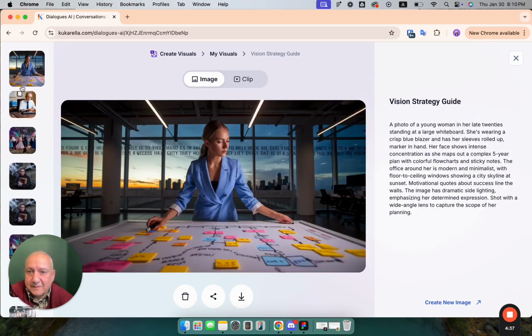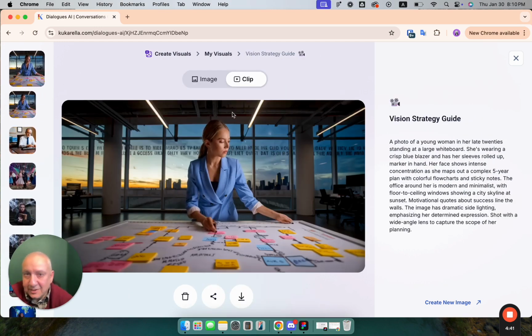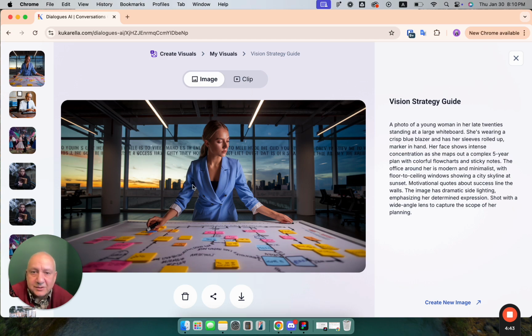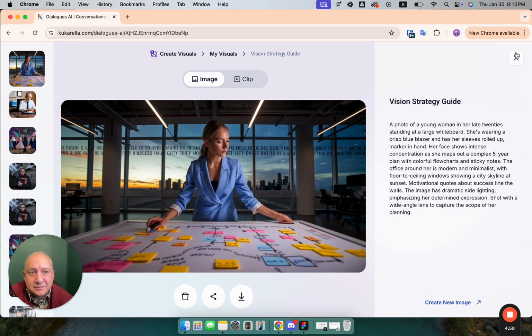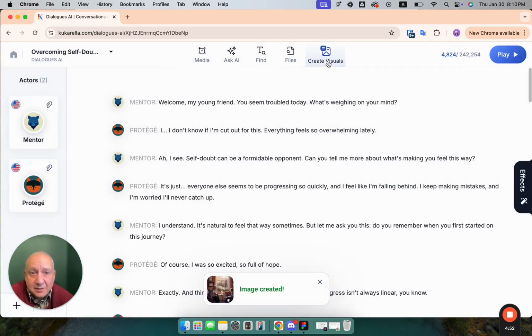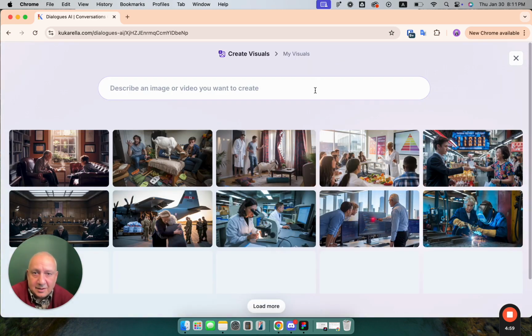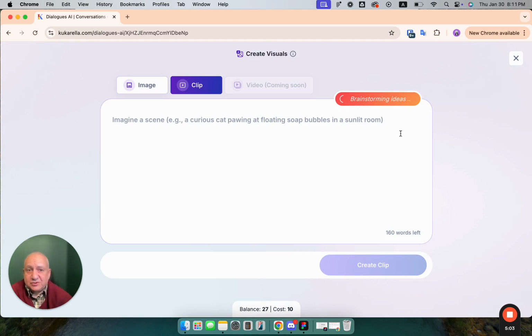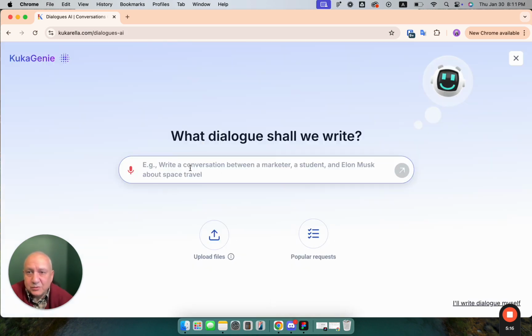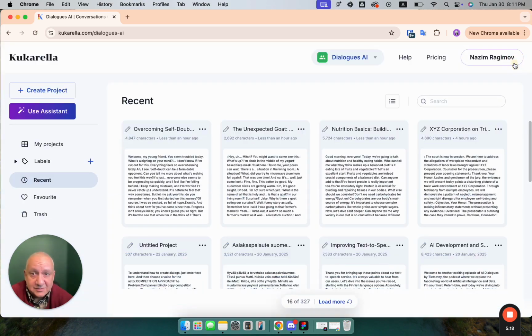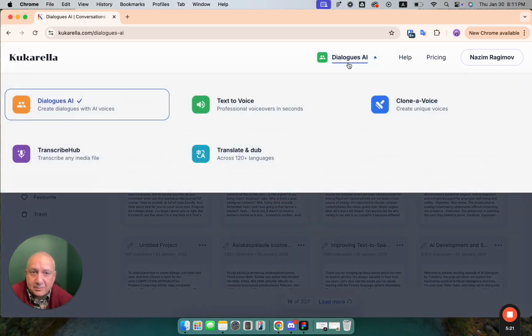And if you create that video from image, you can switch between them. You see, there's a toggle button. Again, you can do that from inside the project, and in that case you will get suggestions. You can enter your own prompt. You can create visuals, video, and or image using KUKA.Genie, our AI assistant, from inside each app, from dialogues or